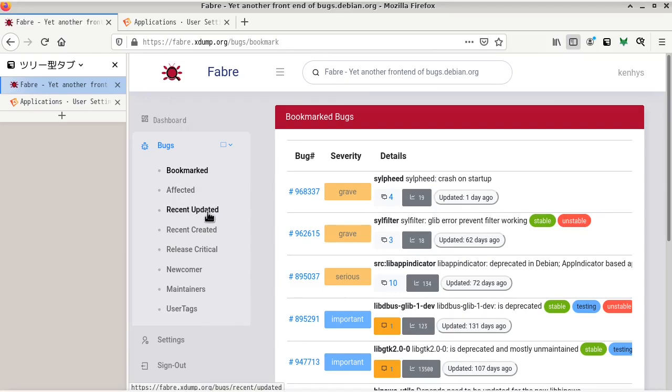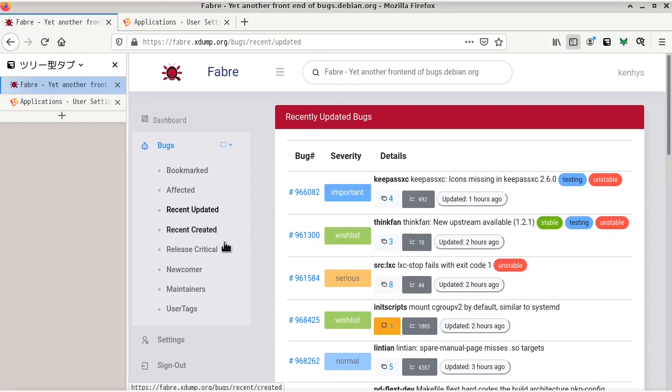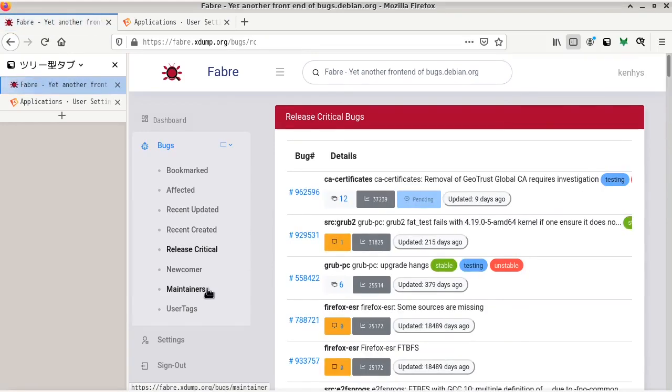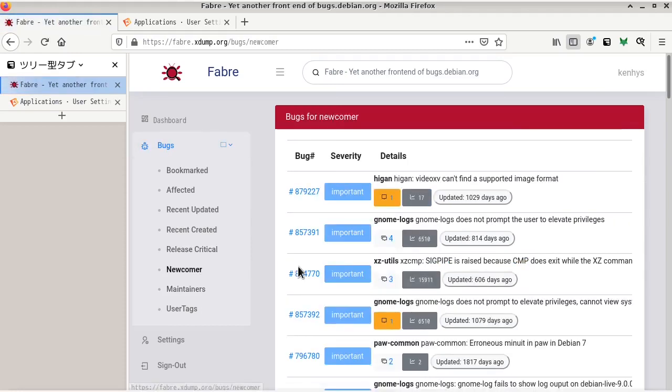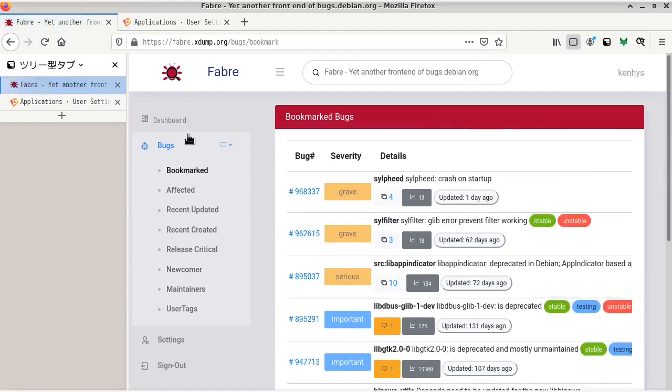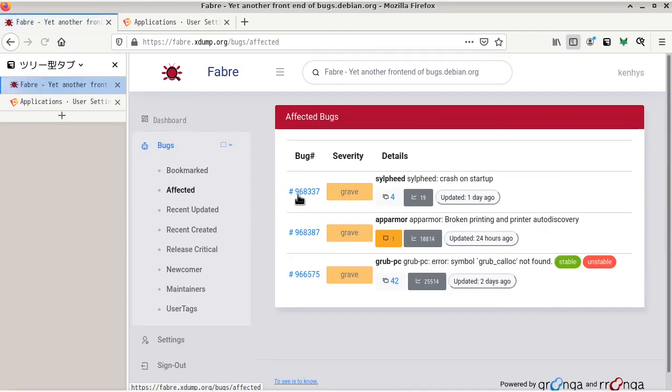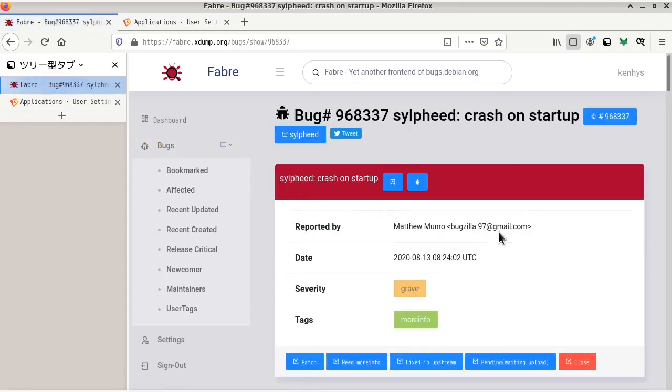You can see recently updated bugs, release critical bugs, and the newcomer bugs. Here's the bug detail page. You can view the original bug report,